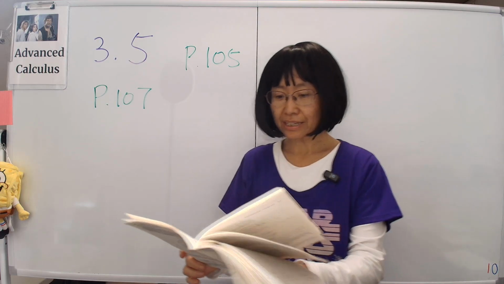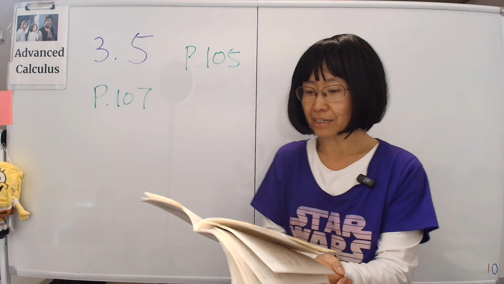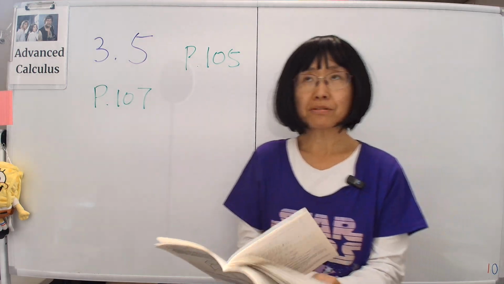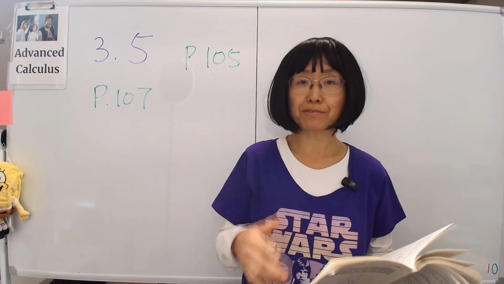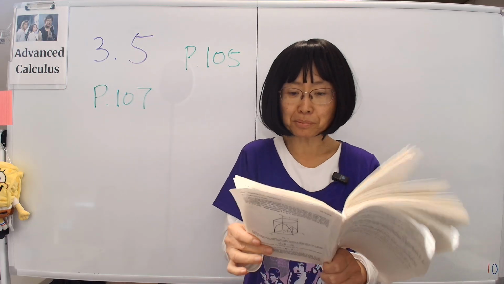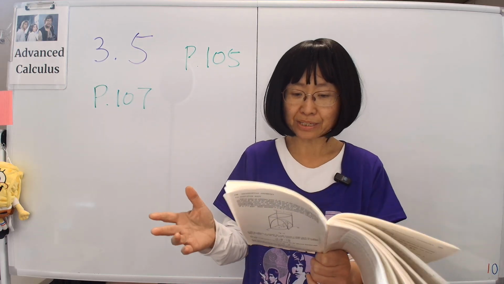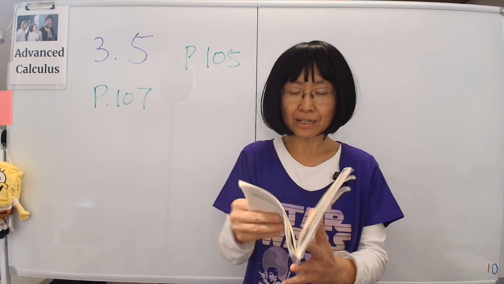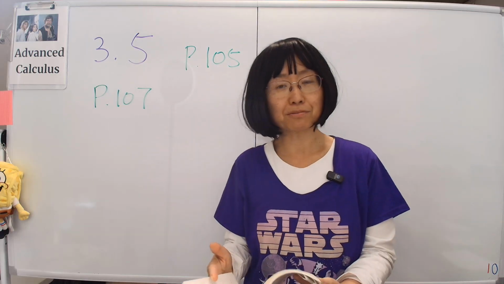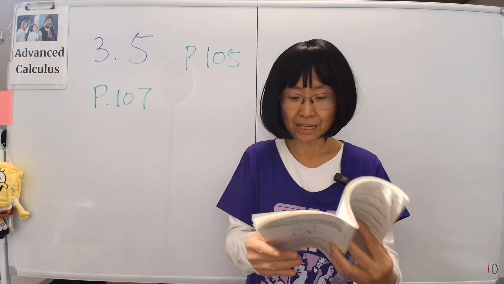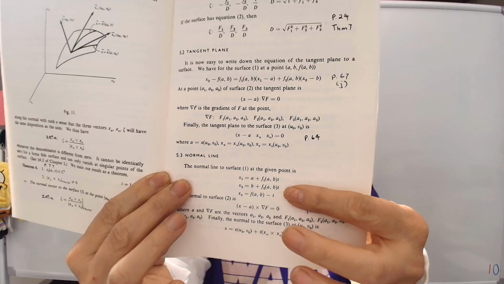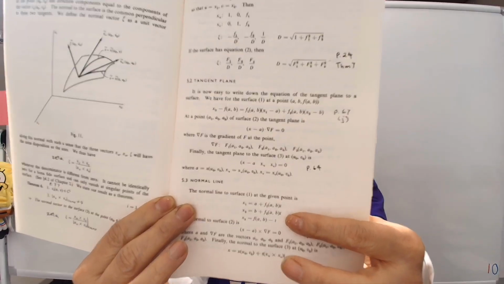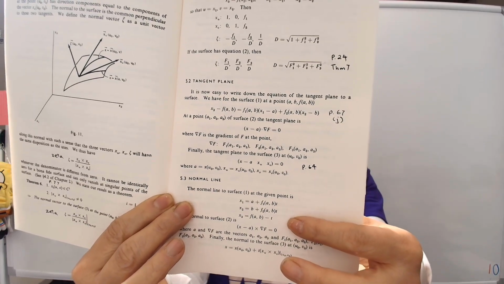So next, let's look at section 5.3, the normal line. The normal line is, of course, the line that follows the normal vector going through whatever point we want to calculate the normal of, at some given point. For equation 1, the one where x3 is a function of the other two, we already know what the normal vector is. So by the formula of a line, which is given on page,